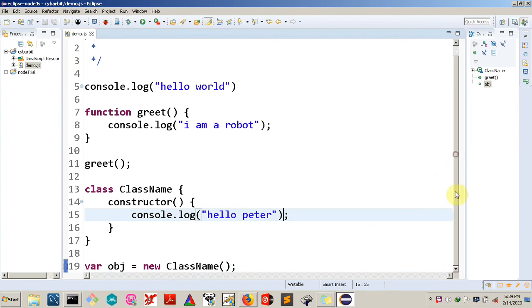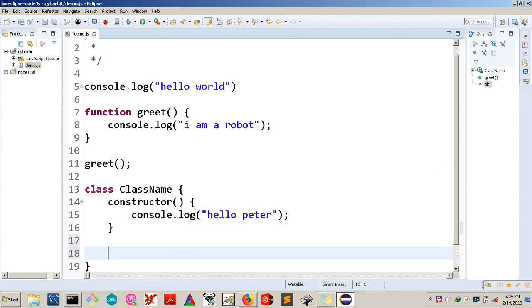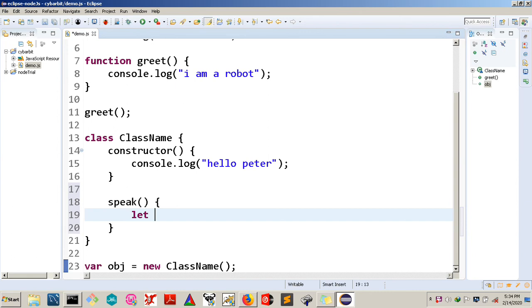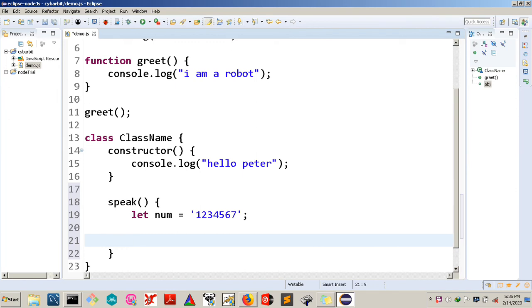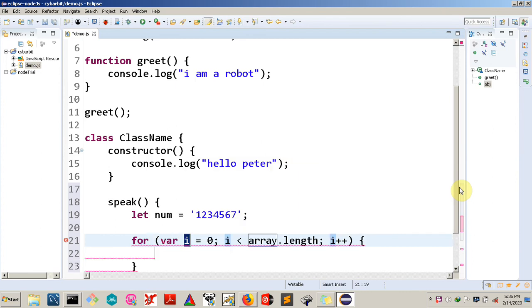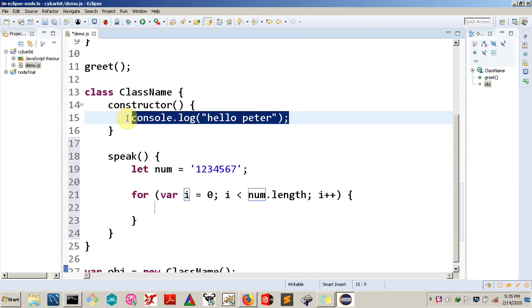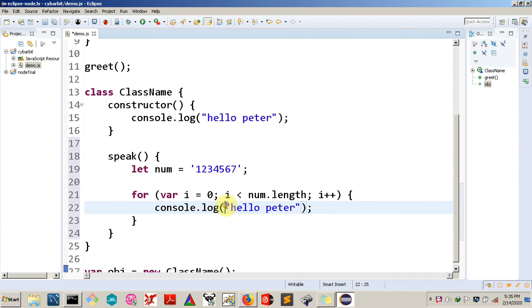Now you can actually even create a function inside our class. Let's say you wanted it to speak. So I'll just create a function name and say something like let num equals 1 2 3 4 5 6 7. Then you can loop that num using a for loop. Say something like for i equals 0, then you can say i is less than num length, i plus plus. Then I can just grab this console thing here, paste it here, and print out the value of i